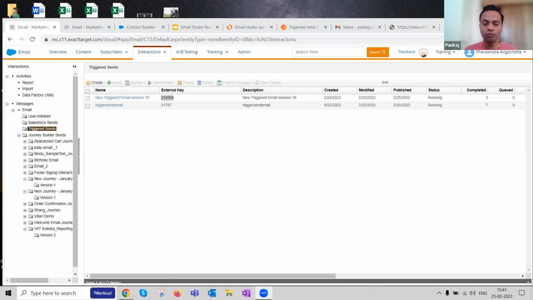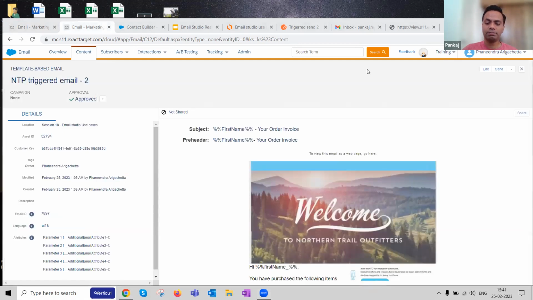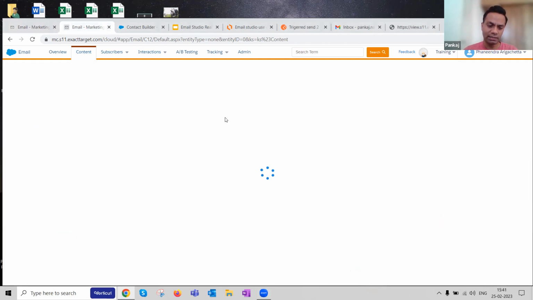How will we test that the emails are rendered correctly? Okay, Muru, that is altogether a different topic. Testing-wise, within Email Studio there is a part which I'll show you. Since this is already an approved email, I won't be able to show you this email, but let me see. There is an option to preview and test, out of the box, where you can preview on mobile as well as on desktop.